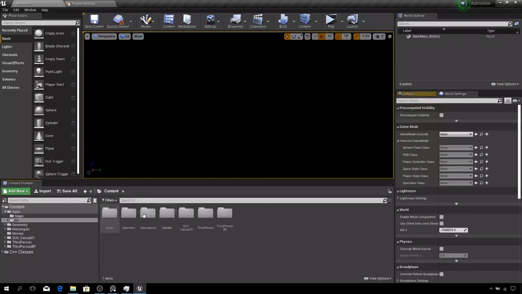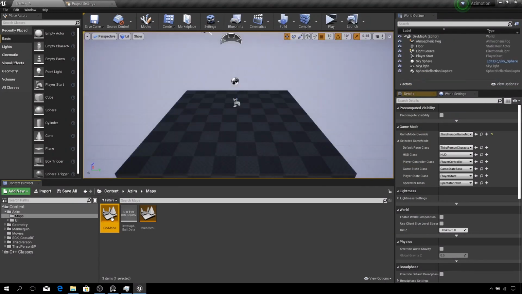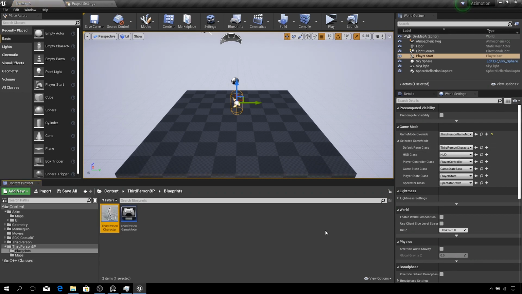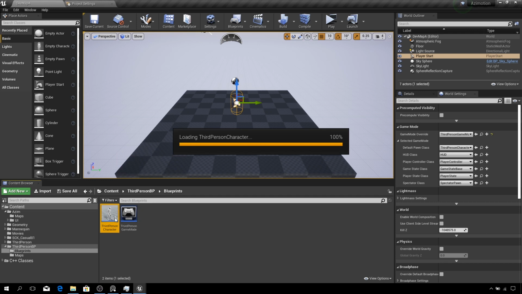So I'm going to go into the map where the character is. So the character is in the default. I can search the character in the content browser. Content, third person, BP, blueprints, and open the character